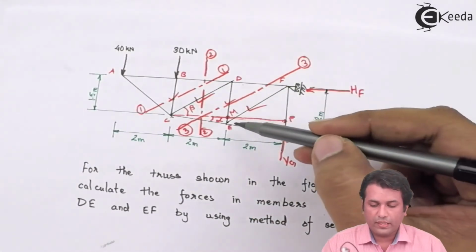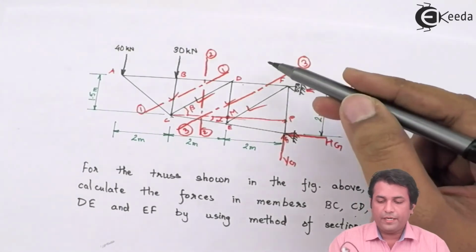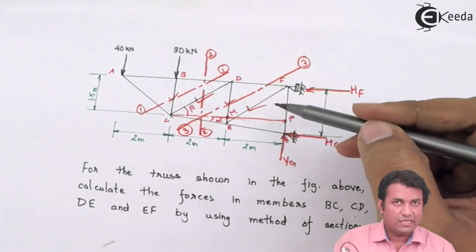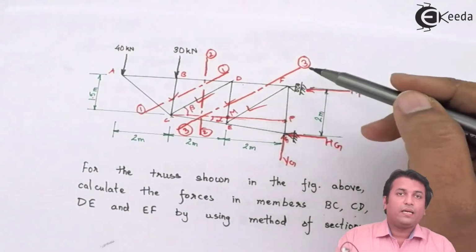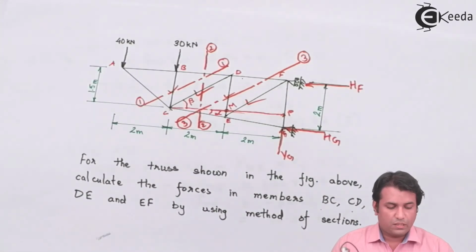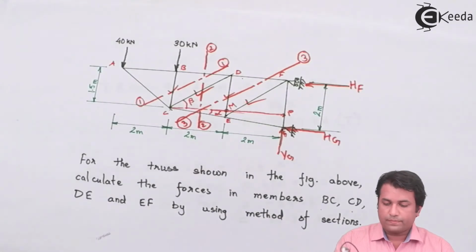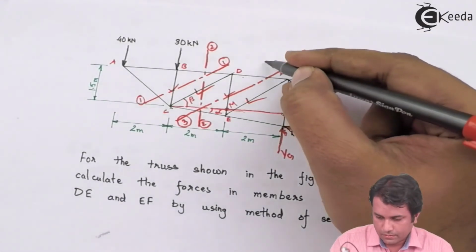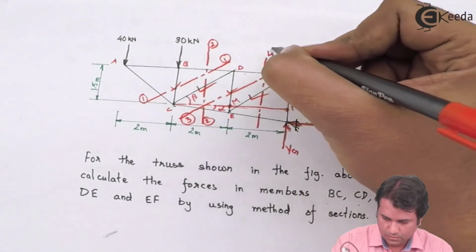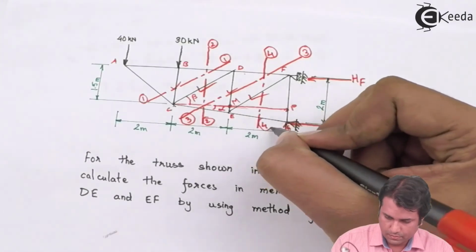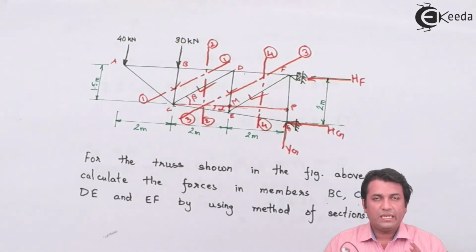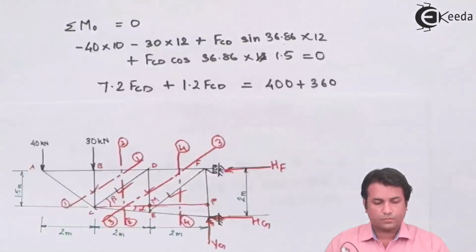Now what I have left is EF. I need to cut it in the vertical fashion. In that case, again, I'll be doing the same thing. So you can see that in this truss, I have taken an example wherein we have to take n number of cuts. That is 4. So now again I'll do the same thing. I'll prefer taking the left part of the truss, because